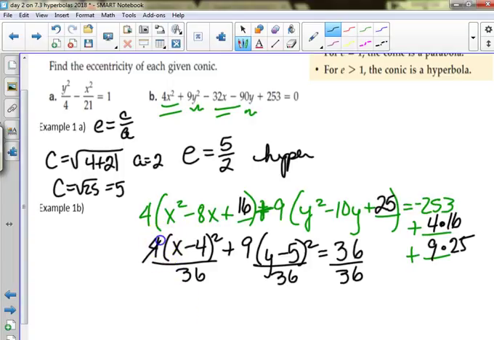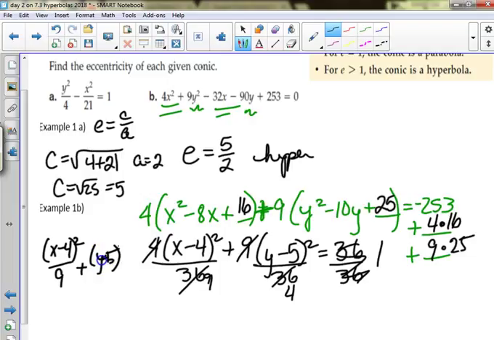All right, so 4 goes into 36 9 times. 9 goes into 36 4 times. All right, x minus 4 quantity squared over 9 plus y minus 5, that's a minus, squared over 4 equals 1. Okay, eccentricity should be,